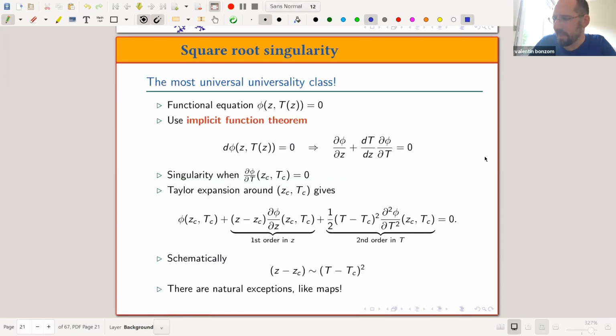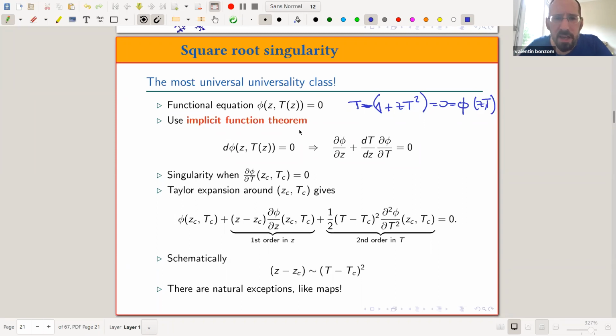Okay, so do I take the time to tell you why the square root singularity is the most universal universality class? Maybe yes, because it's a good thing for students to practice. So square root singularity is the most universal universality class. The reason is that you have a functional equation like the one I had for trees, where t equals 1 plus z t squared. Okay, so let's put a minus like this and say this is 0. So this is phi of z and t. Okay. So you look at the 0 level